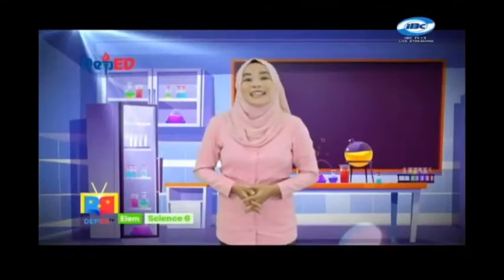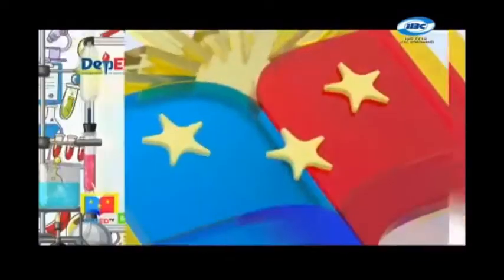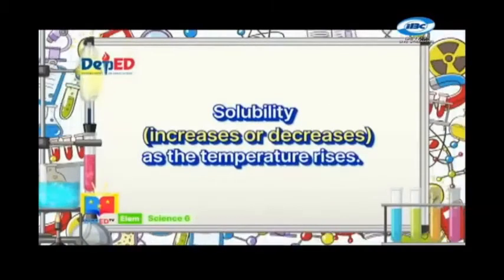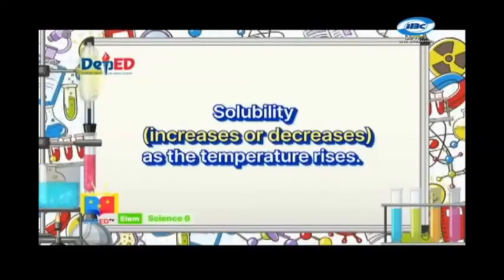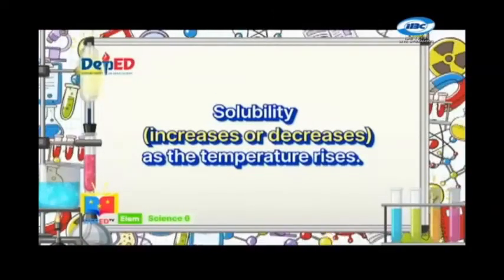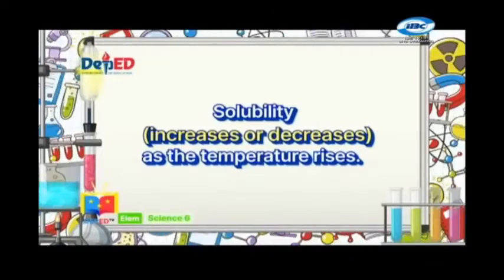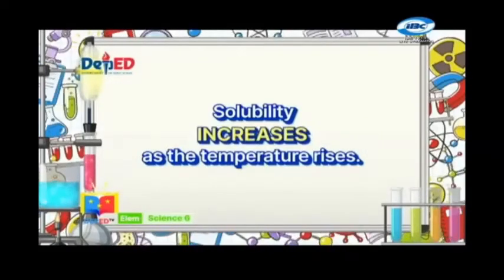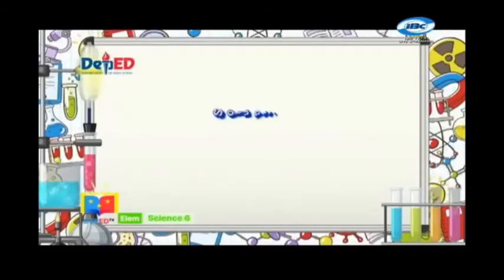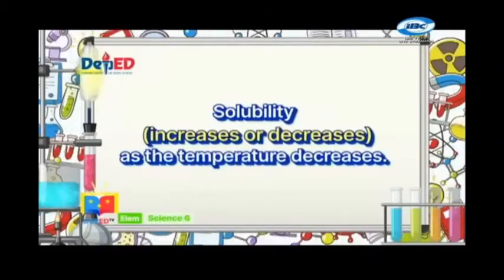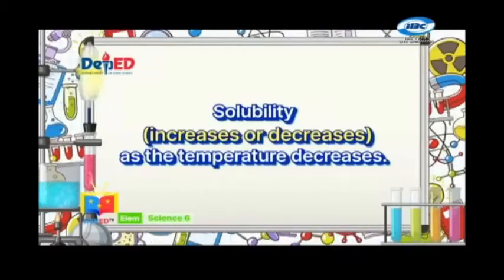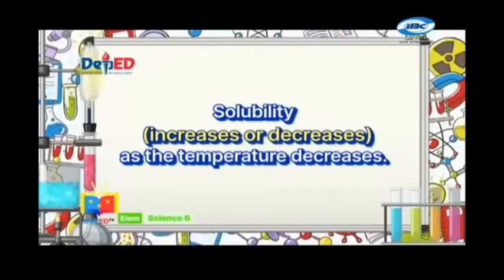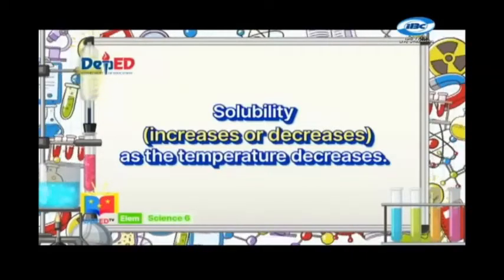Complete the following sentences by choosing the correct word inside the parentheses. Write your answers on your paper. Number 1. Solubility increases or decreases as the temperature rises. The correct answer is increases. Number 2. Solubility increases or decreases as the temperature decreases. The correct answer is